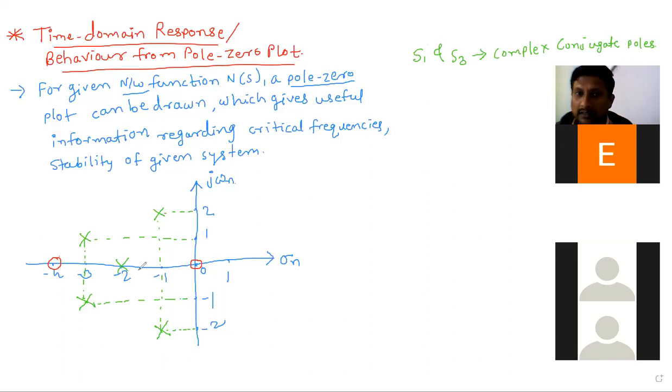So S1 we can call based on the real part. S equal to -1 means this is the S1 pole. If you take the positive one, what will it be? S1 star, that is, the complex conjugate. Okay, next S3 based on the real part, this is S3, this is S3 star. Next, the pole at S equal to 2,